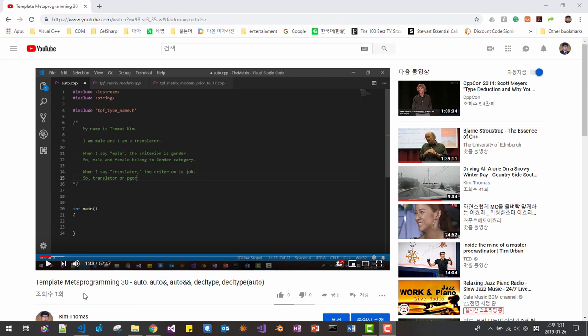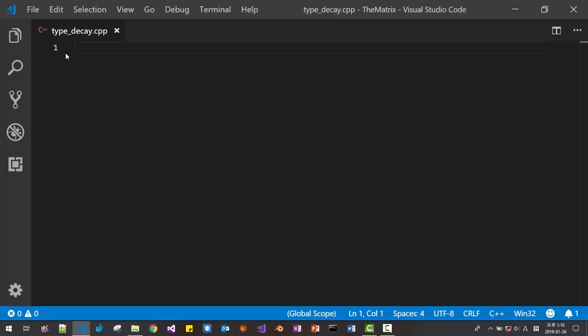This session continues from my previous video, template metaprogramming 30: auto reference, auto R-value reference, decltype auto. In this session we will learn what is perfect forwarding, what is type decay, and what is universal reference or things like that. I created an empty file called